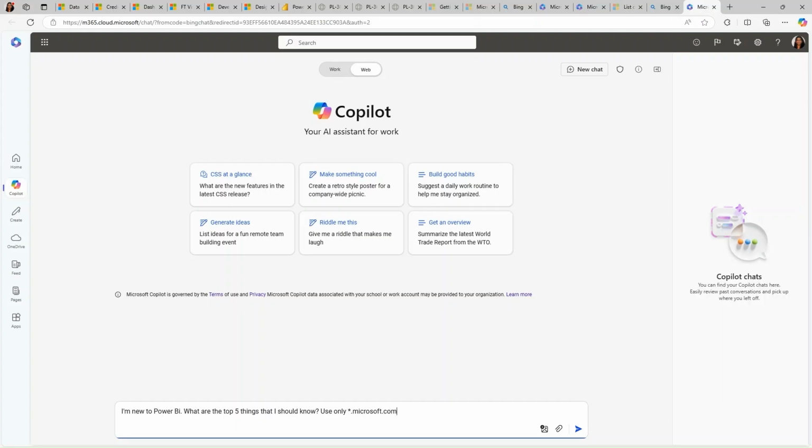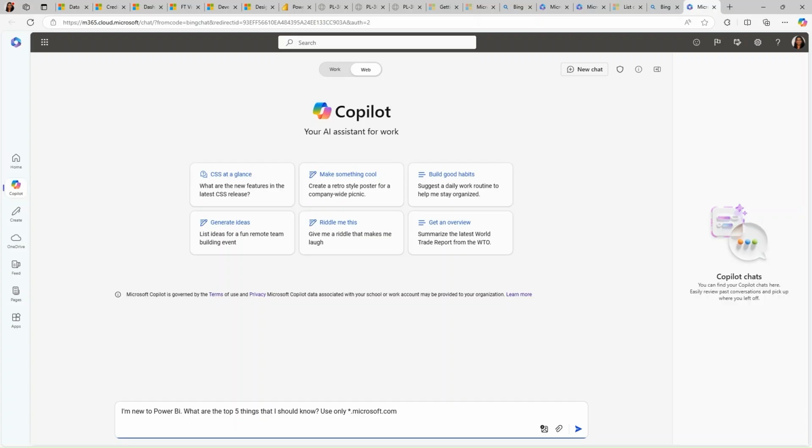So I'm telling it my current scenario, new to Power BI. I'm asking it what I want. What are the top 5 things that I should know? And then I'm telling it where I'd like it to look. And I'm going to ask it specifically for Microsoft resources. And I'm going to go ahead and execute that. And let's see what it comes up with in just a moment here.